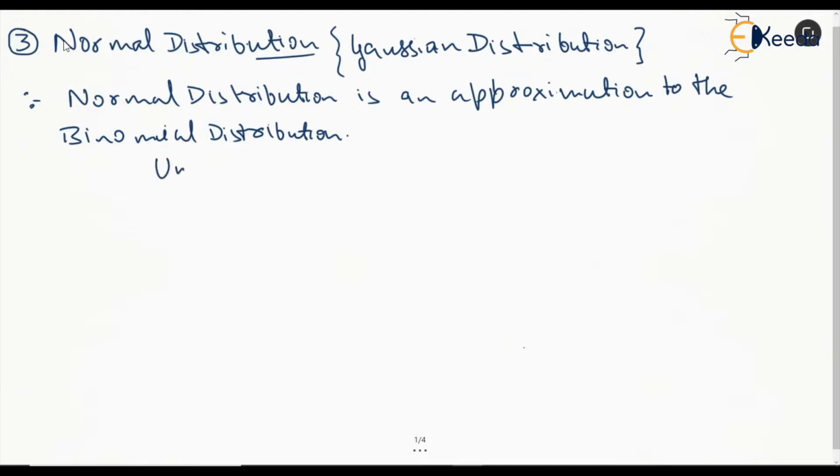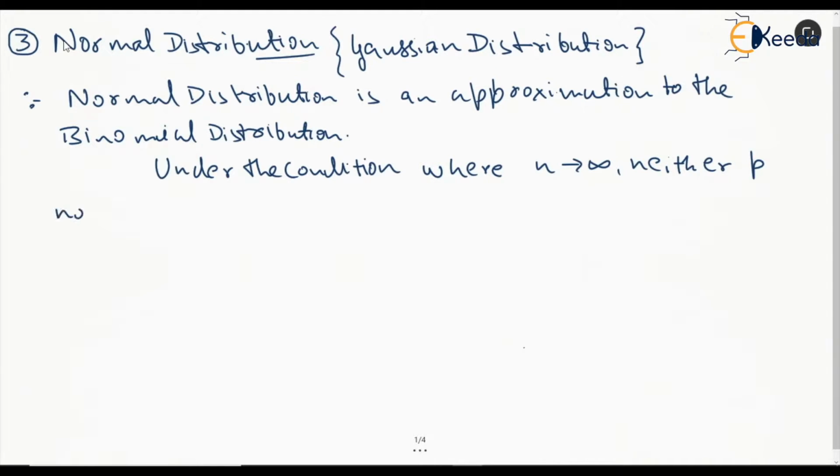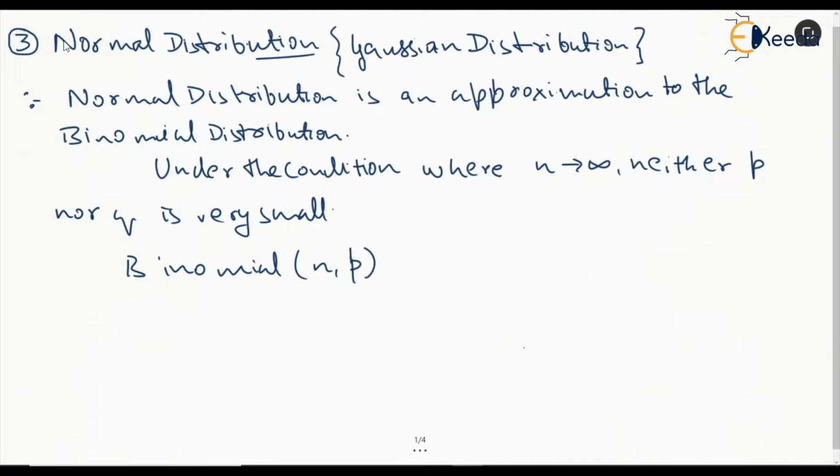So under the condition where n tends to a very large value and neither p nor q is very small, in that case, we approximate this binomial with the parameters n and p to a normal distribution